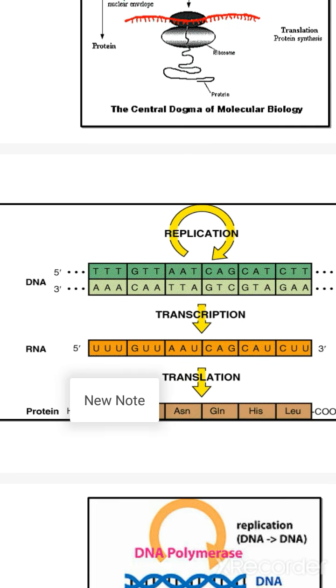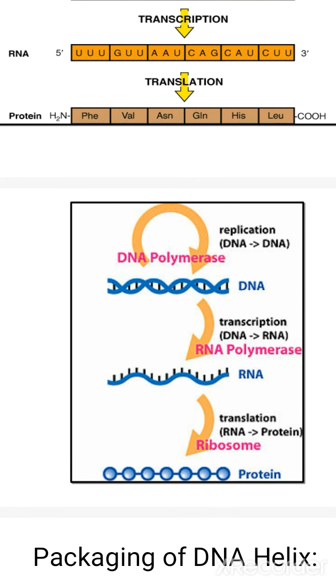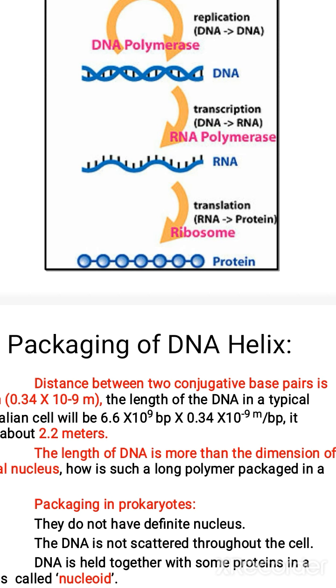Then while translating, according to the particular type of bases, for example triple U codes for phenylalanine and GUU codes for valine. Each such set of bases is what we call the genetic code. Three bases together form a genetic code, which we will study later, and that codes for one amino acid. Like that, many amino acids together form a polypeptide chain. A polypeptide chain is called a protein, nothing else. This is the other way of showing the central dogma theory.